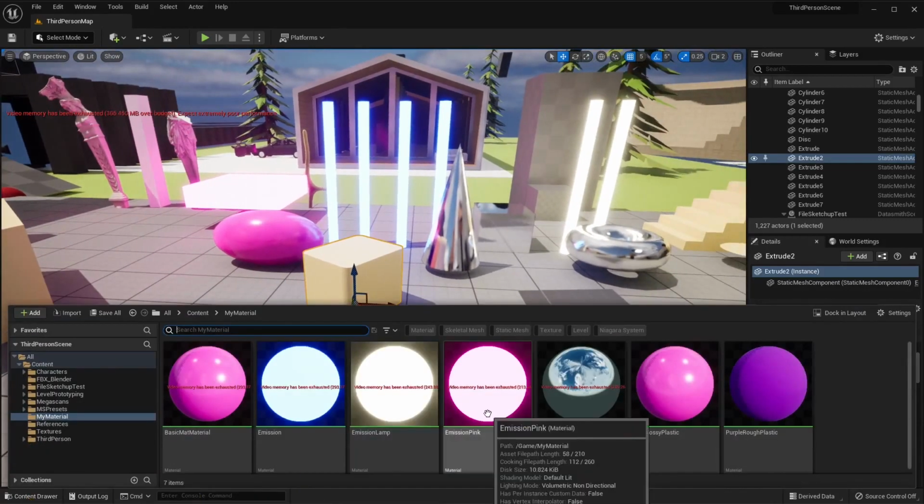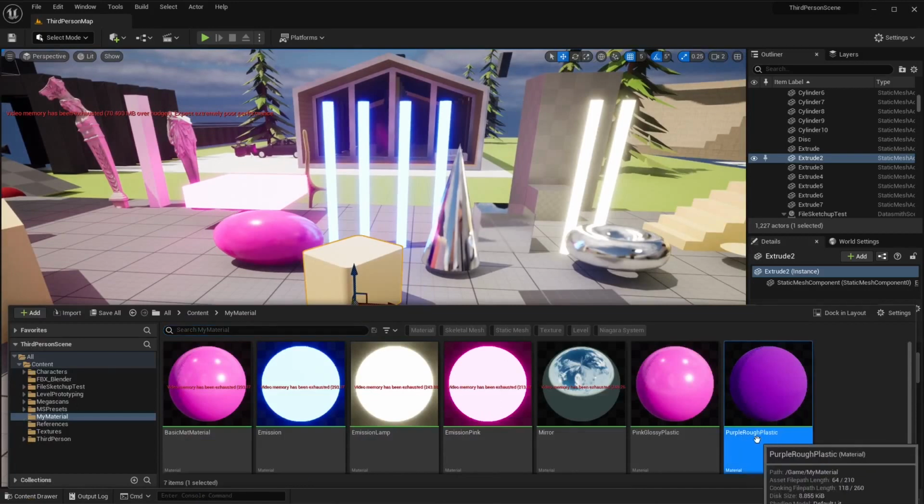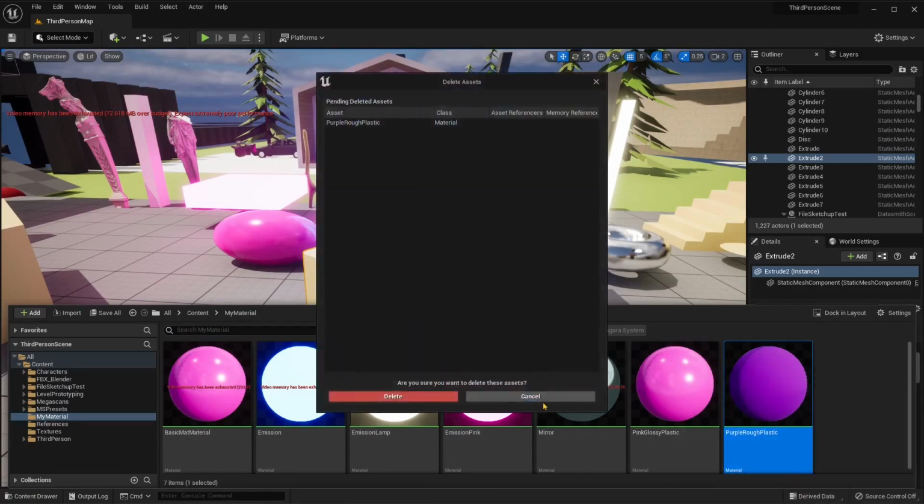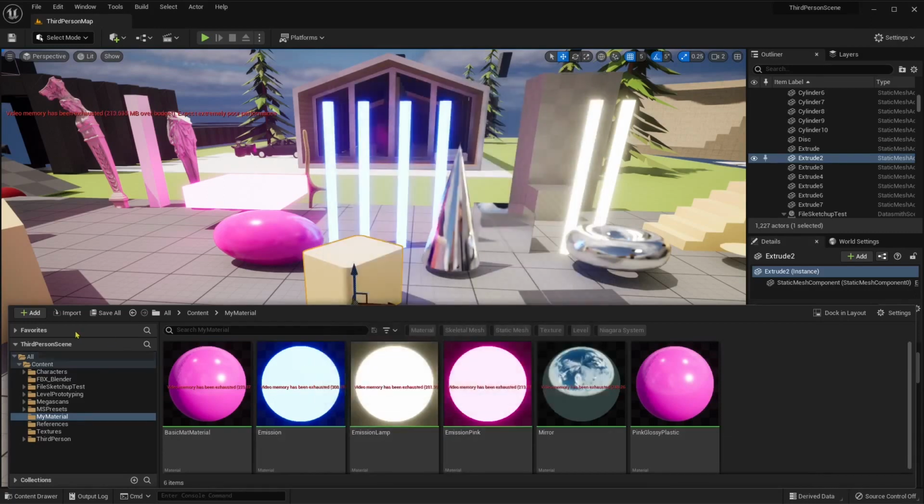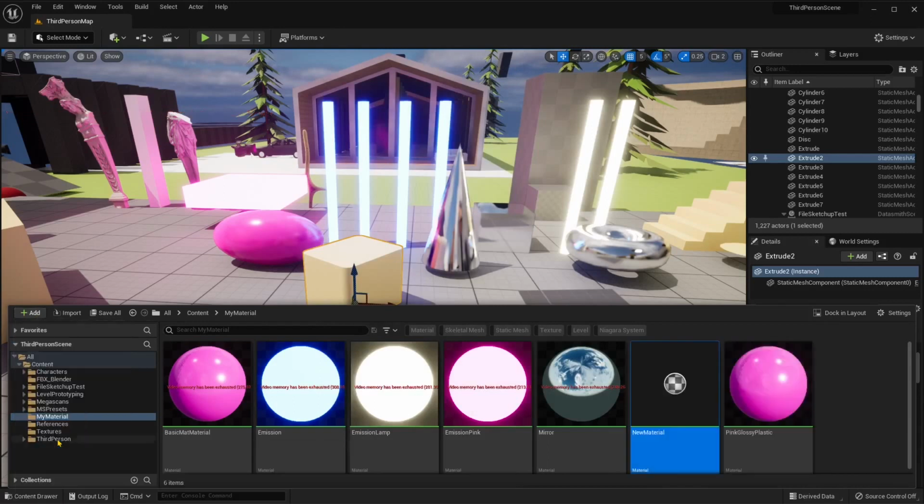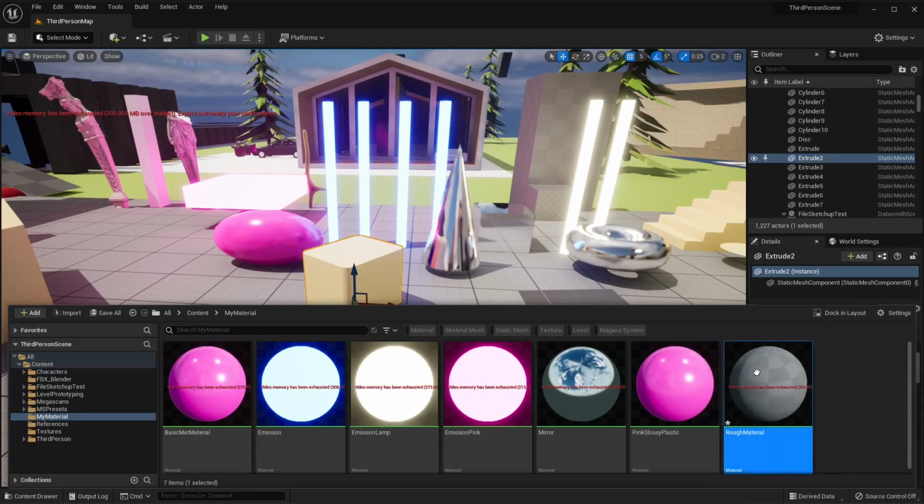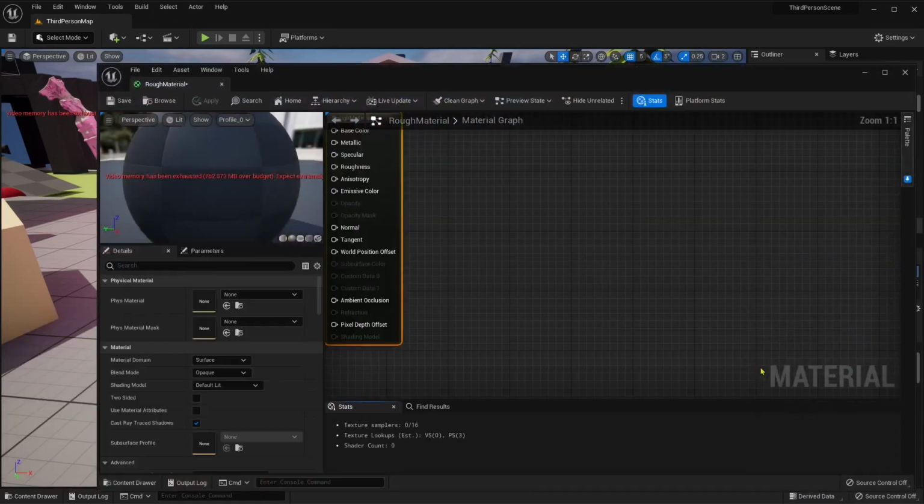Let's start with the first one, which is going to be a rough plastic, or a rough material, which could be like paint or plastic or whatever. I'm going to delete this, right click and delete. There you go. And I want to create a new one. To create a new one, I will go to Add and click on Material, and I'm going to call this Rough Material. At first, it's going to look like a checkerboard. If we double click